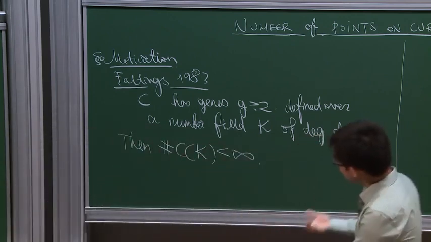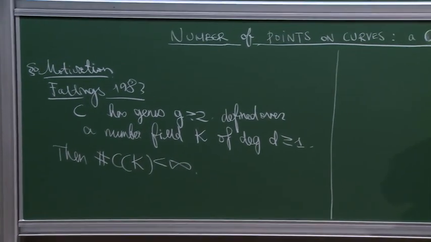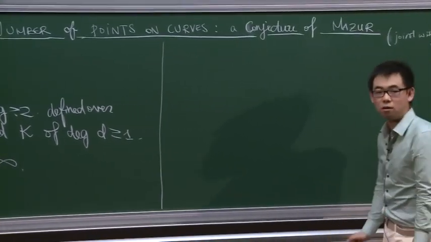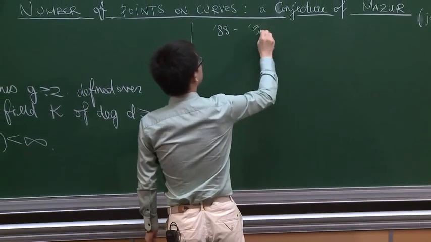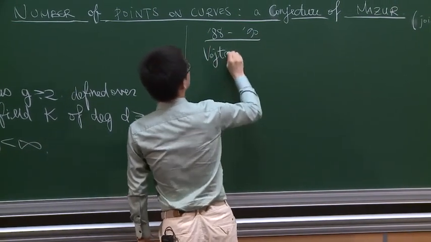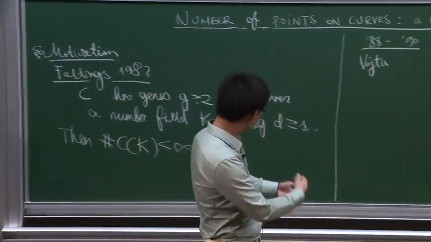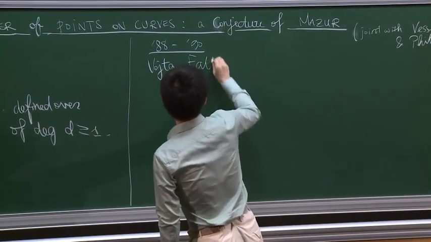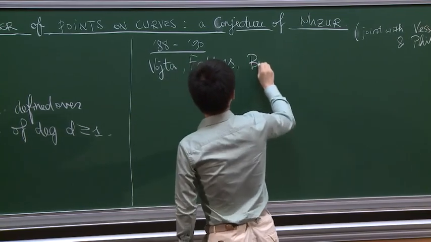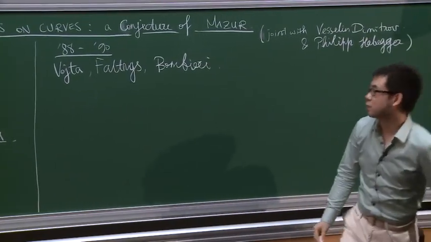This proof also gives a sort of ad hoc upper bound on this number. It depends on g and D and the Faltings height and the Abel-Jacobi rank and so on, but the bound is really not explicit and an ad hoc one. Around the 90s, Vojta gave a new proof of Faltings' theorem using Arakelov geometry, and more in the sense of the Diophantine method, which was simplified by Faltings and further simplified by Bombieri, purely in terms of Diophantine geometry.